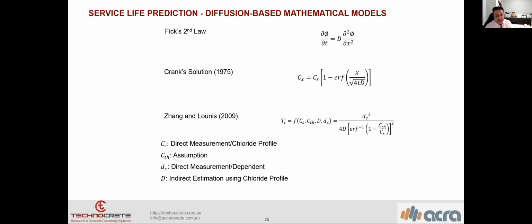Or for example, if it's carbonation, we use a mathematical model for carbonation, but we have to consider the current carbonation depth. We have to measure the current carbonation depth. Then that depth has to be deducted from the concrete cover in order to find out how much actual cover remains for the modeling and residual service life.